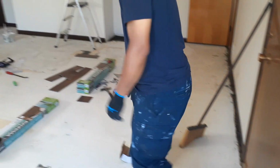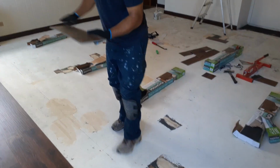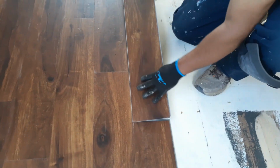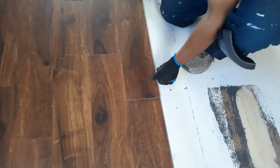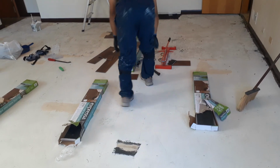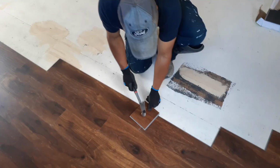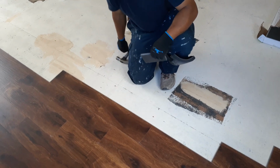Okay? So then go on to the next one. Pull your next one out. Place this tongue into this groove. But the edges take a little bit more force. So you can either press down, or you can use a rubber mallet, or a scrap piece of wood, a little tap. That way you can save your surface. And then you continue on